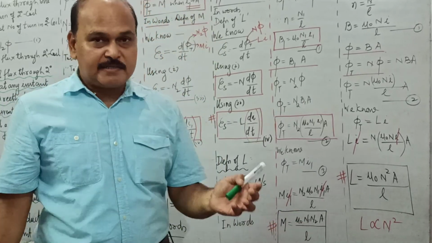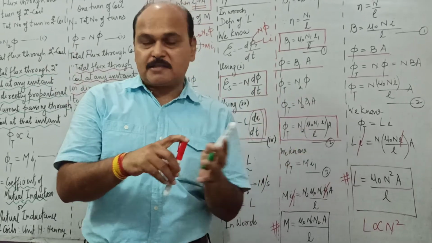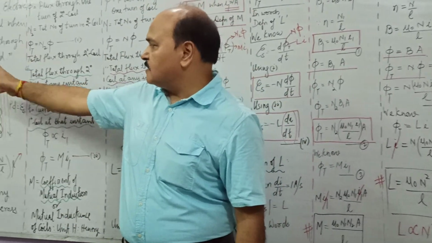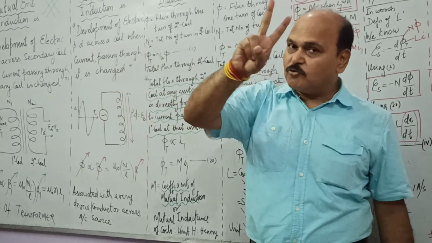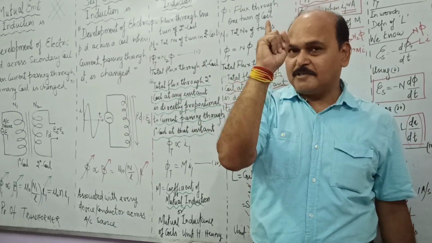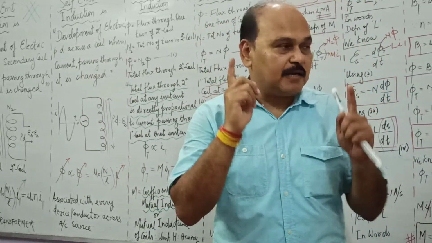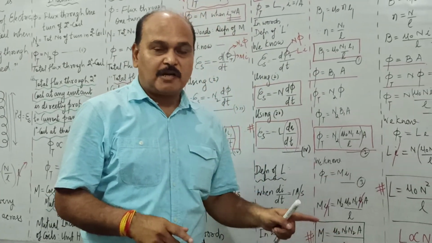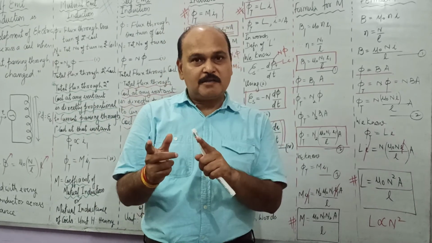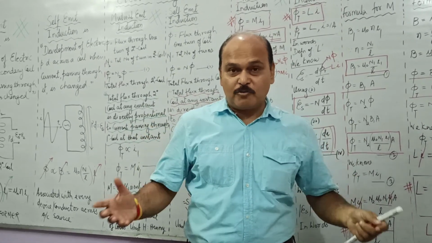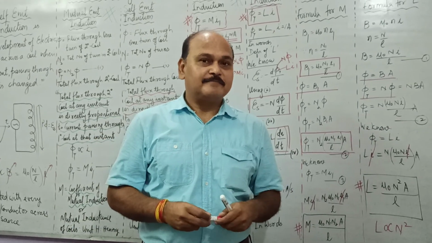So if we study both mutual and self induction together, we see what? There is a slight difference in the relation. In mutual induction we have 2 coils, in self induction we have just 1 coil. Rest all mathematical details and explanations are exactly similar. So I have studied both the topics together so that you understand both together and better.